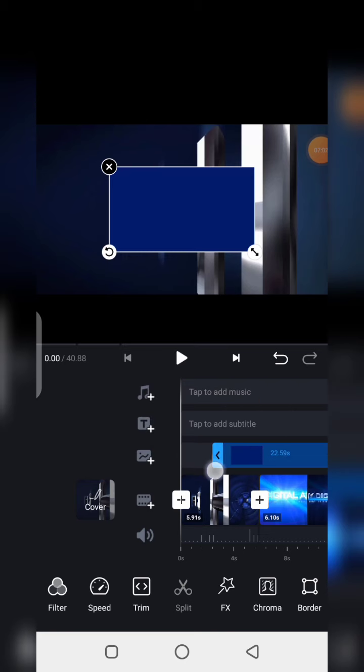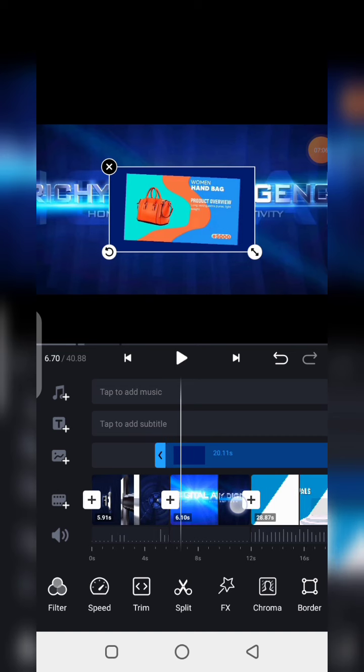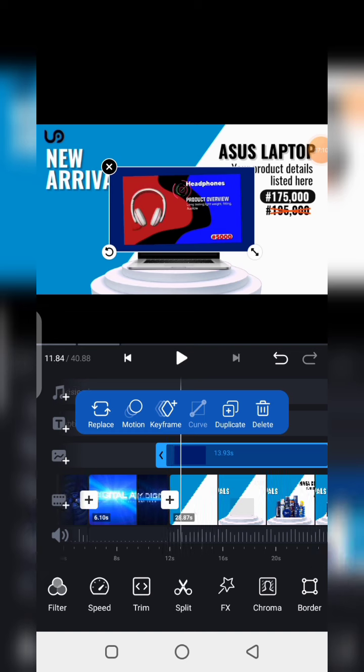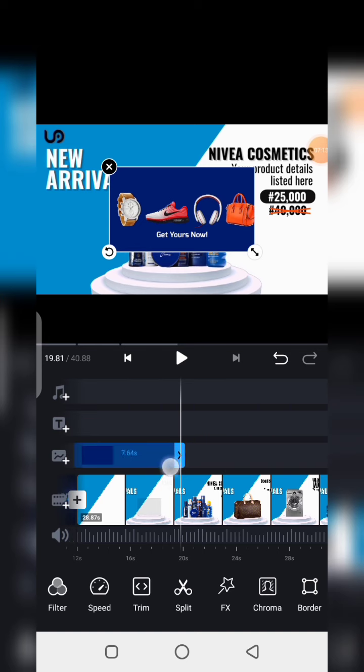So what you need to do is at this section you can come to this. I hope you can see it. You can drag this and position it to the area that you want to use for your overlay. For instance, I would love this to be added above my second